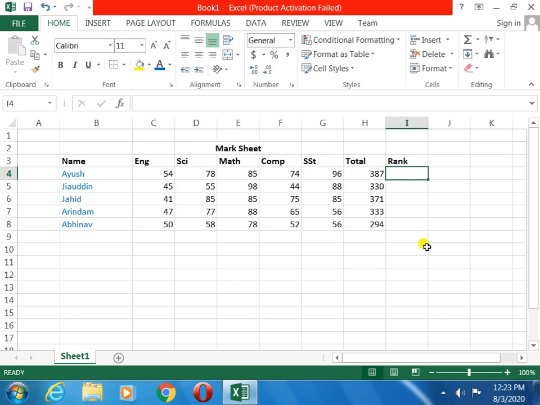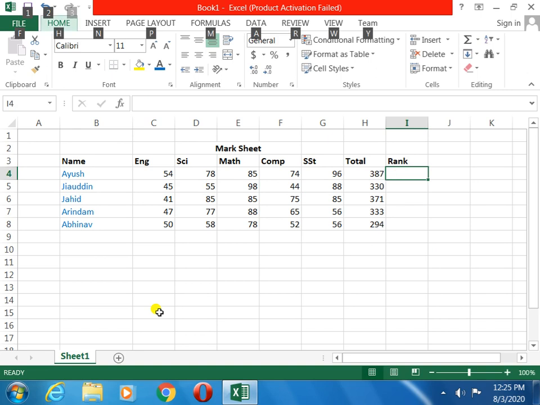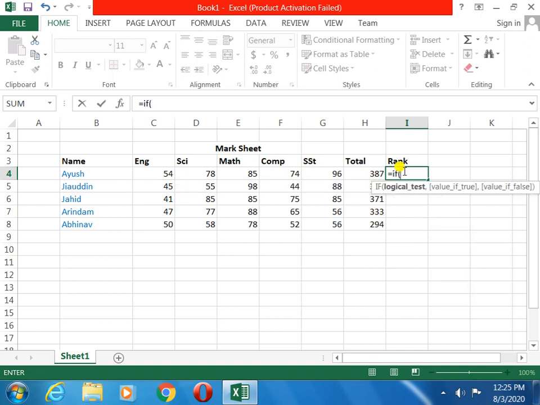Now how can you take it out? At first you will write the equal sign, then if, whatever you have learned in QBasics. So what to do? Equal sign, then the if statement, then the first bracket will open, then the logic test.